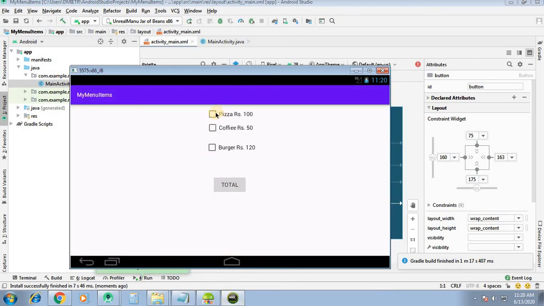Suppose I select pizza and coffee. If I click on total, then pizza is selected, coffee is selected, and total amount will be 150. Likewise we have to display.